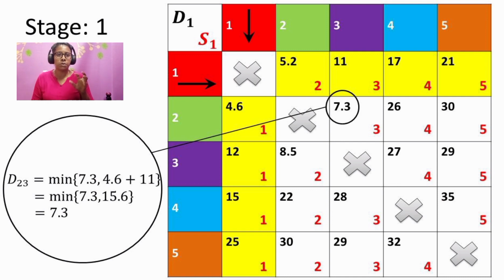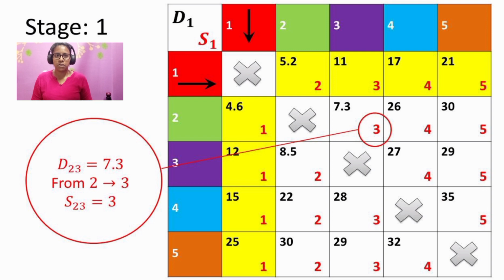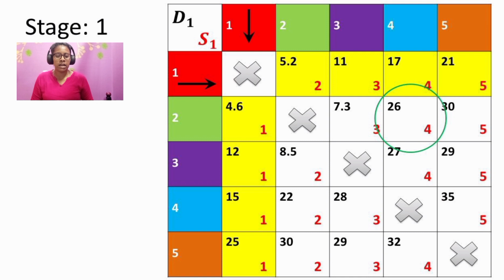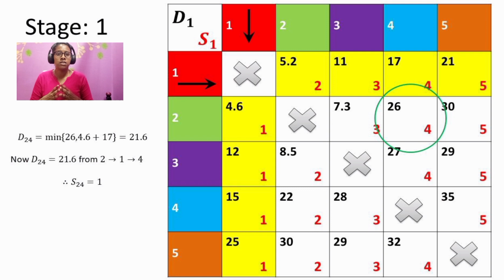Now moving on to the route value. We saw D23 is equal to 7.3. There is no updation, and S23 remains the same, which is equal to 3. Next, similarly, in the next cell, when I add 4.6 plus 17, that is the row value 4.6 and the column value 17, I get 21.6. Okay, since the change has occurred,